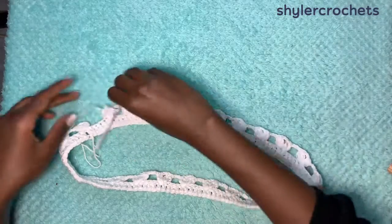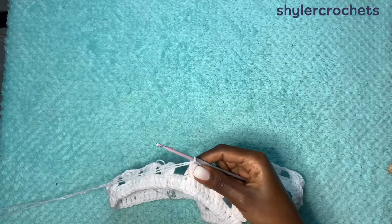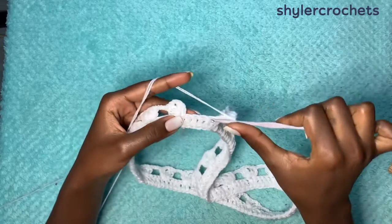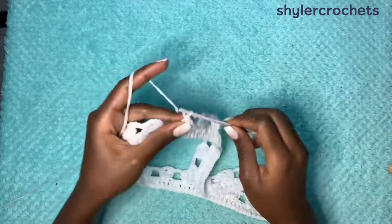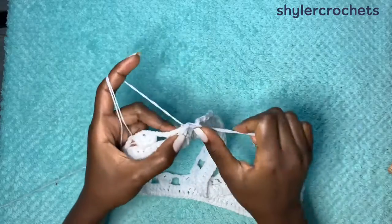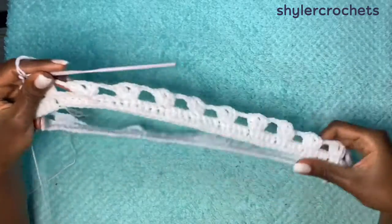Okay, so I've gone all the way around and I've placed my very last shell before I make the slip stitch. So you should have 4 stitches left to skip. So 1, 2, 3, 4, and now I'm going to chain my 3 and slip stitch into the very first double crochet that I made. And now that rounds off